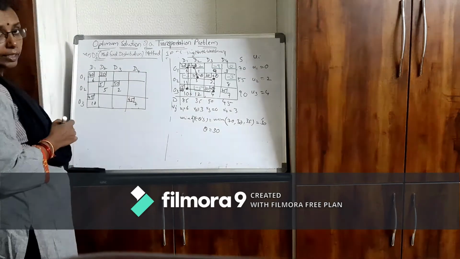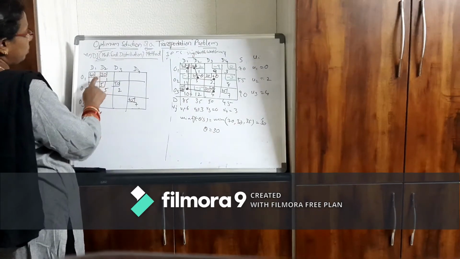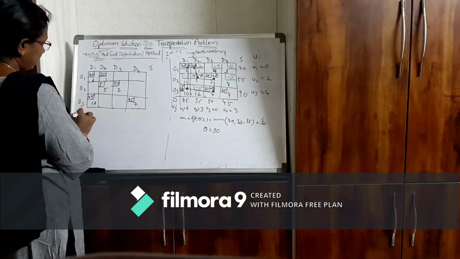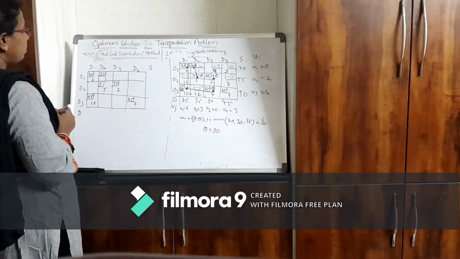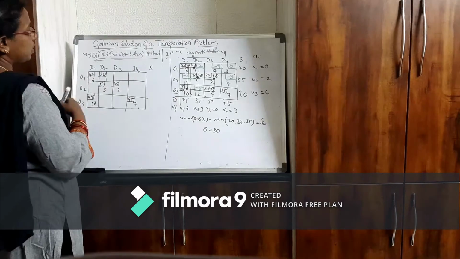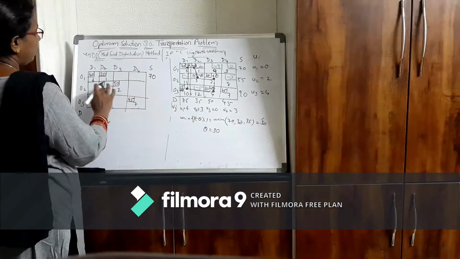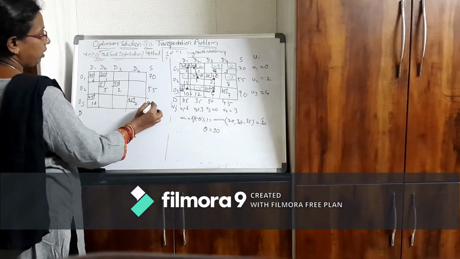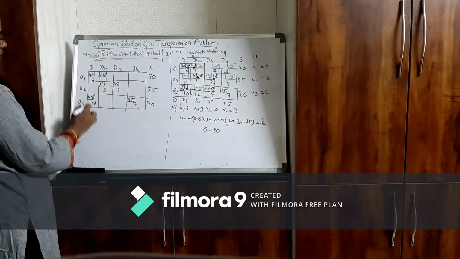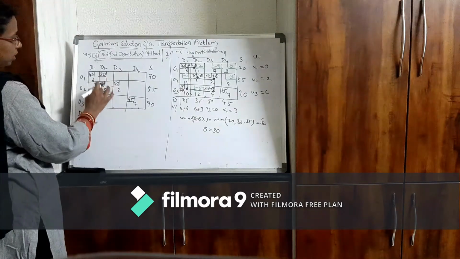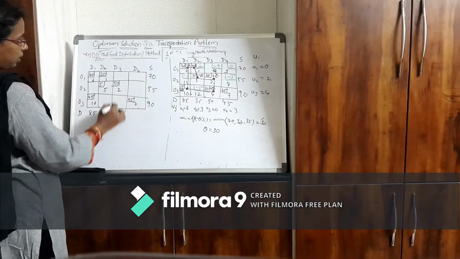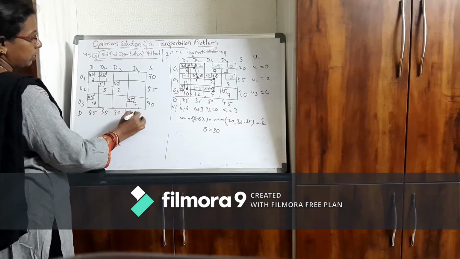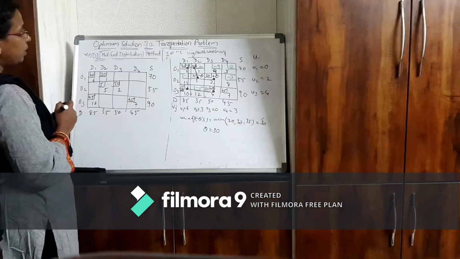Check whether you are getting 6 allocations or not. 1, 2, 3, 4, 5, 6. You got 6 allocations, now you find supply and demand values whether you are getting same or not. 40 plus 30, 70. 5 plus 50, 55. 45 plus 45, 90. Column wise 40 plus 45, 85. 30 plus 5, 35. This is only 50 and this is 45. So same values you are getting.